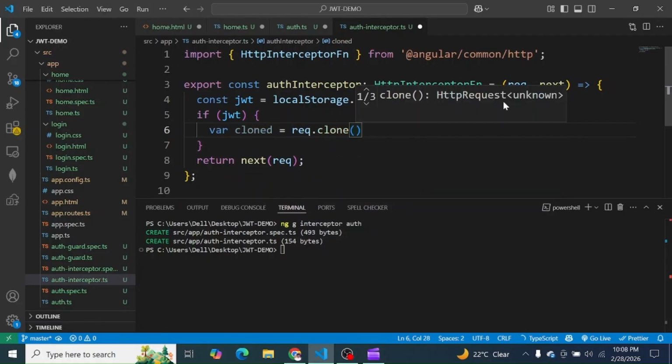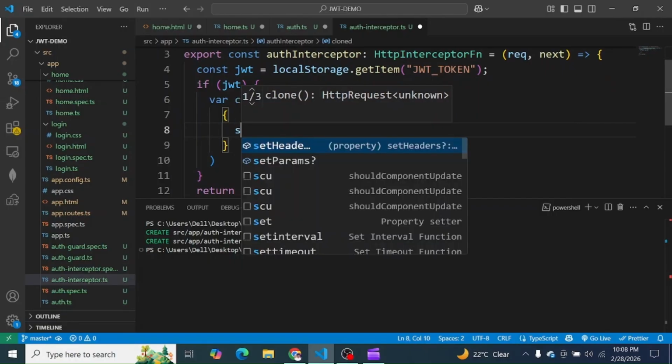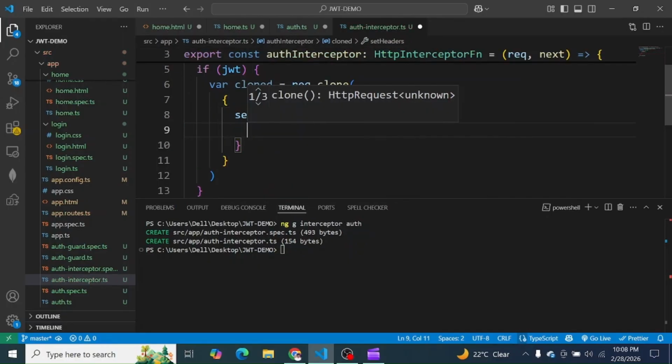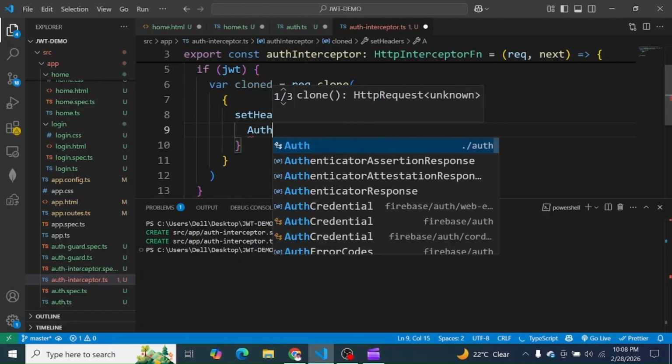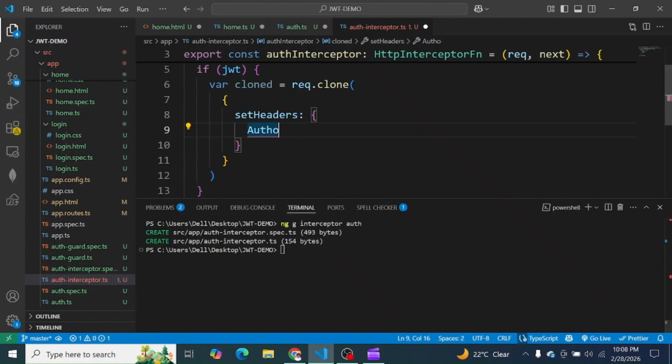In the cloning, what do we have to do? We have to add headers. Set headers. What are the contents of the header to be set by the interceptor? It has to attach a key value pair. The key is Authorization. The Authorization spelling should be the same. Authorization, and its value is